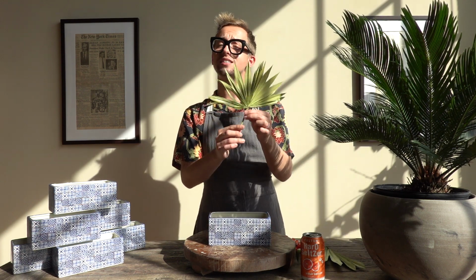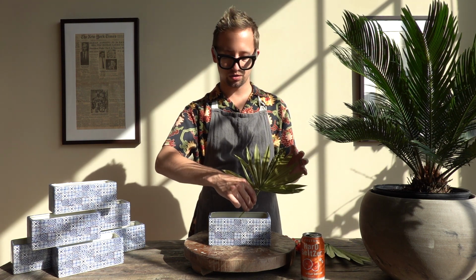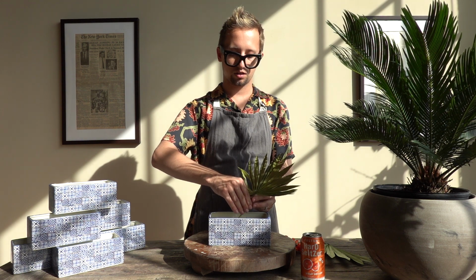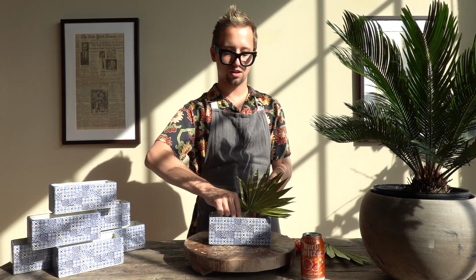our sun palms. So you'll notice there's two different size sun palms. We're going to actually use our shorter and wider sun palm. And this is going to sit at an angle, really beautifully off to the side. And we're going to just go ahead and push that sun palm on an angle all the way down into